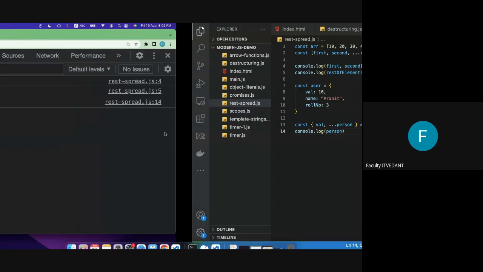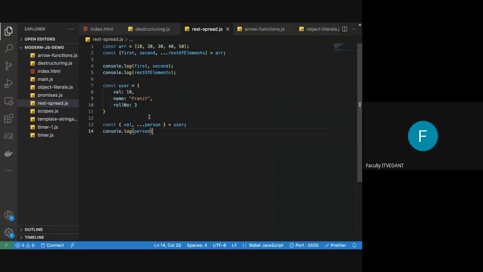If you have some dirty data in an object and you want to remove that dirty data, or you just want the required data, then in that case you can use this rest operator to remove the rest of the data, and the data which is valid to you we can put into a variable. This can be considered as a real-life scenario, you can use this kind of stuff because